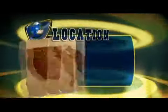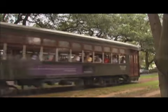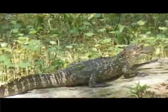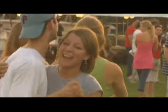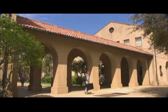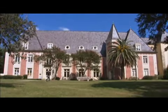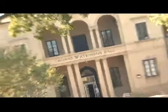Louisiana State University is located in Baton Rouge, the state capital of Louisiana. It's just 80 miles up the road from New Orleans and 45 minutes from Cajun country, with a semi-tropical climate that allows for outdoor activities and year-round fun. LSU is located on more than 2,000 acres, bordering the west near the Mississippi River. The campus has approximately 250 primary buildings. Many are listed in the National Register of Historic Places and reflect the style of the 16th century Northern Italian